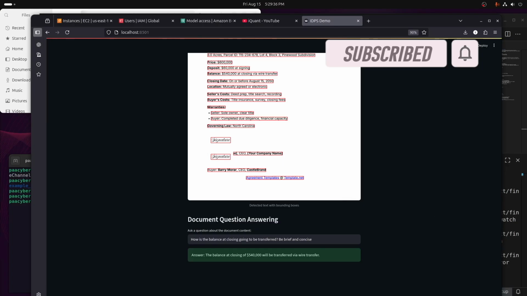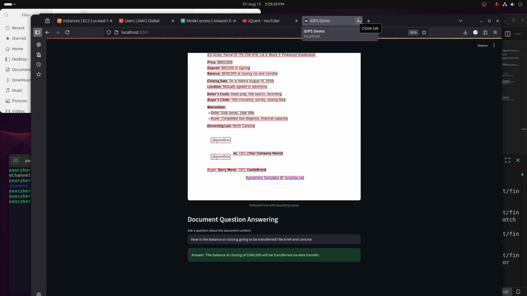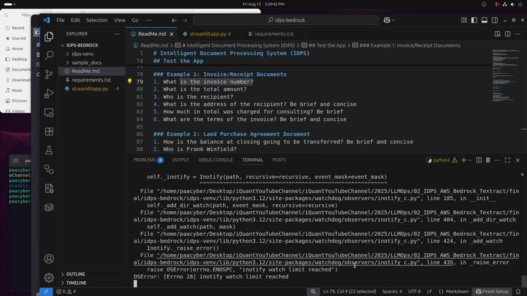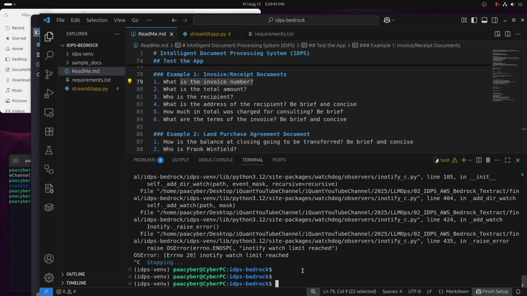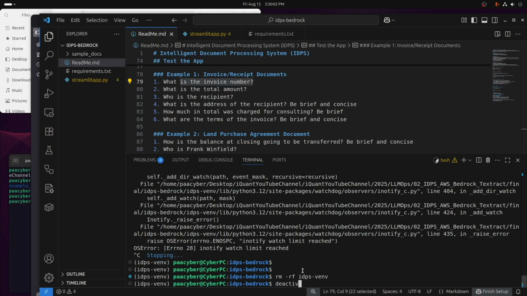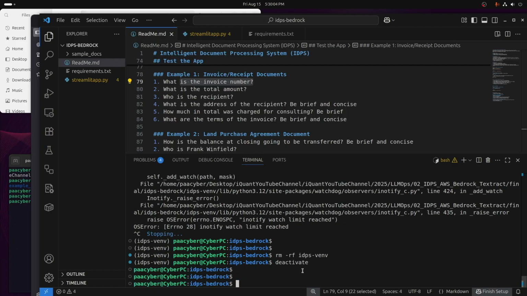And now, before we leave, I need to close this. Use Ctrl+T to exit out of this as well. But before I upload it, I need to remove the virtual environment. I call it IDPS VMV. I should have deactivated it first, but everything is saved. So I'll push this to our GitHub repository, and I'll put a link in the description below